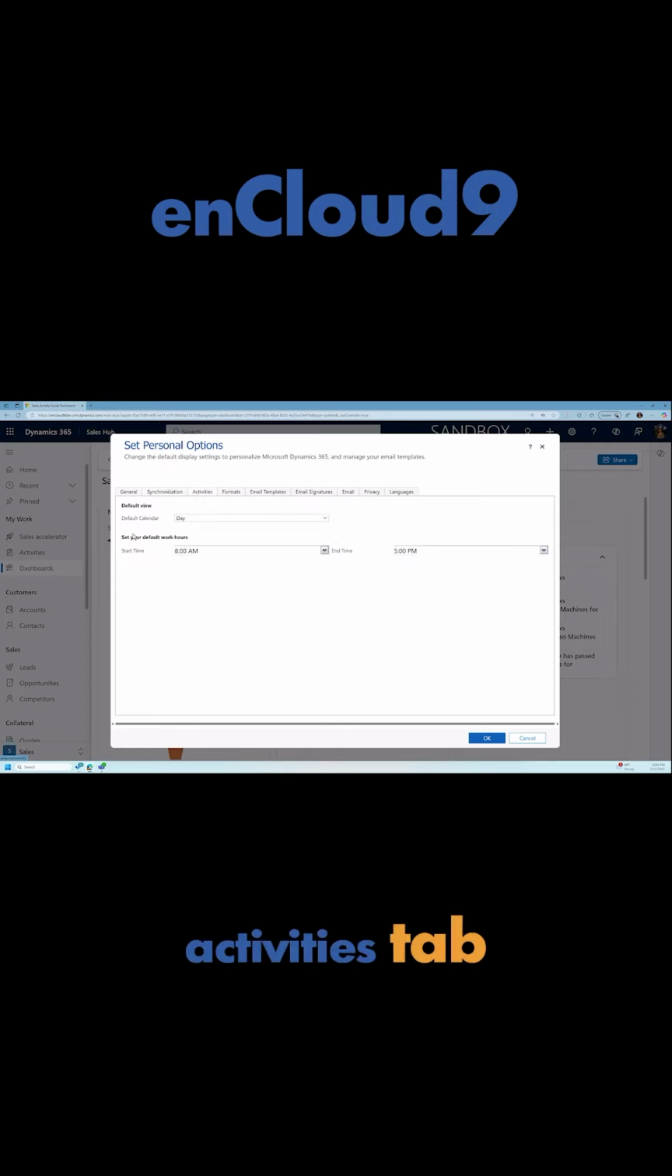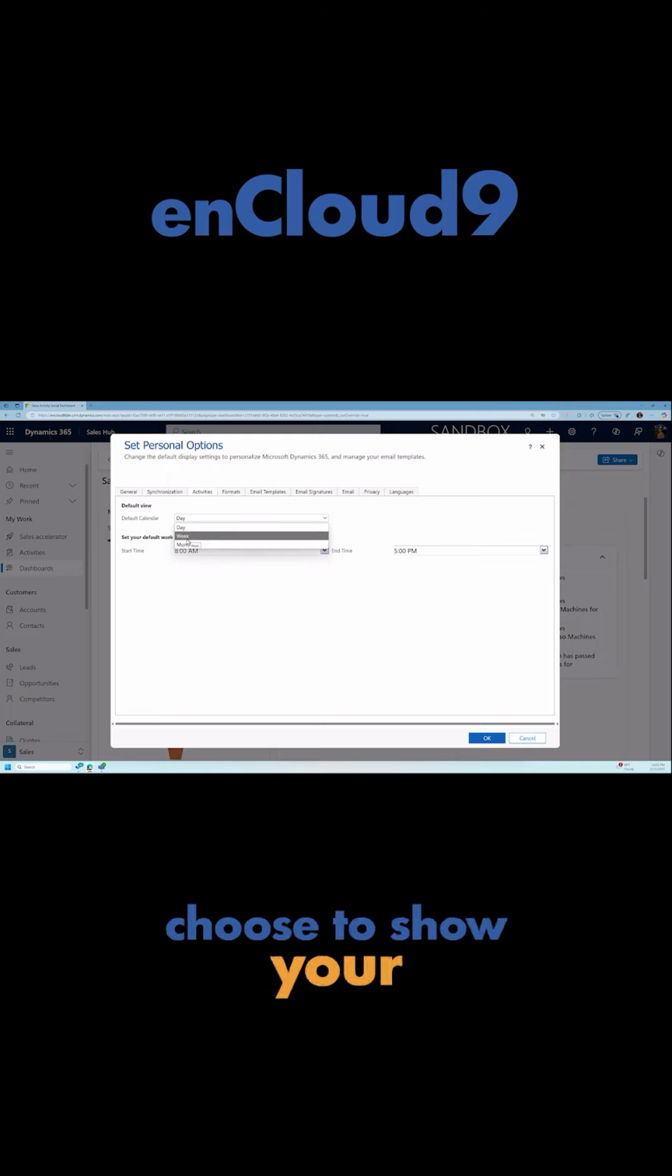We go to the activities tab. The activities tab drives a few things. So there is the ability to show a calendar in Dynamics. I like to show my month calendar by default. So what I do is I'll switch this from day to month, but you could also choose to show your calendars in